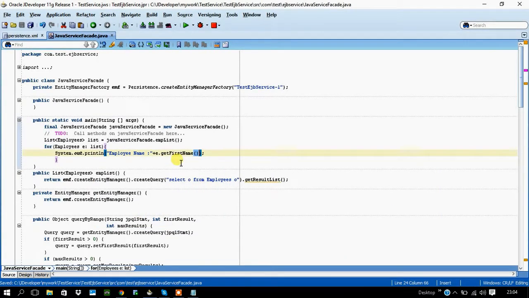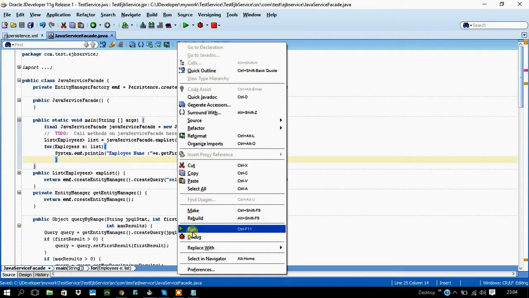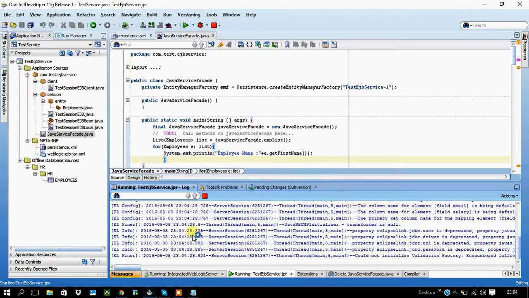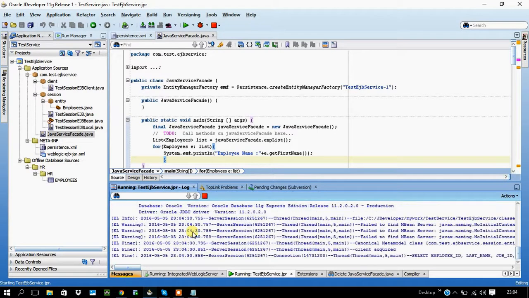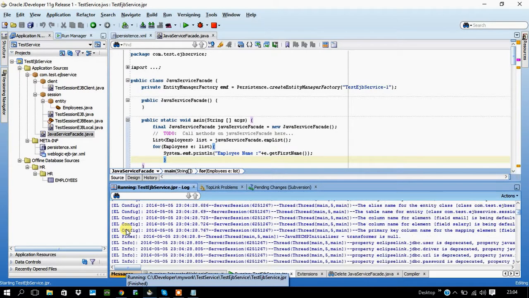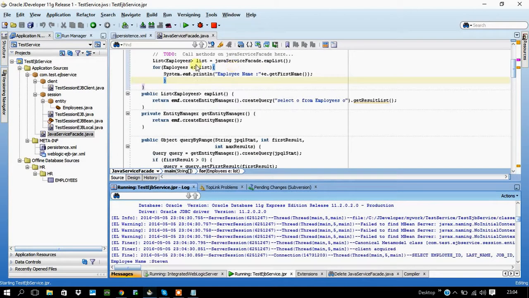See, I just modified something. I created a method, but I didn't deploy it. Now I'm going to directly run it. That's it. It prints all the employee names. This is another easy way to create a client to put all your business logic together, and you can test it immediately.